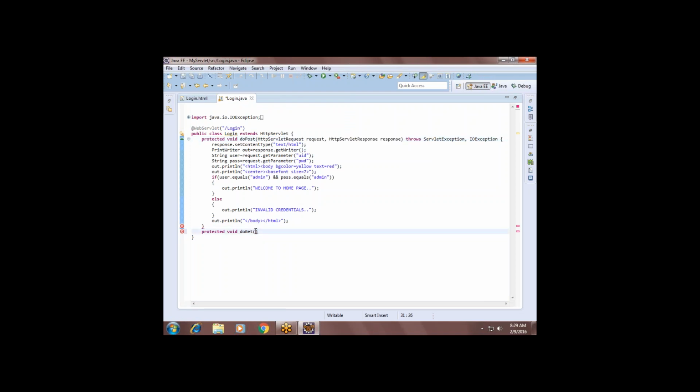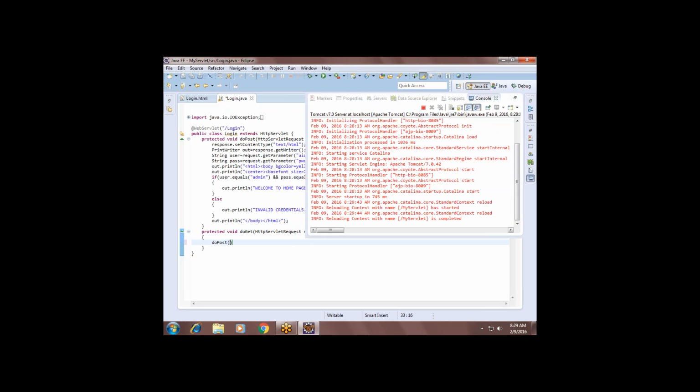copy, paste, and from here you call the doPost method, passing the request and response.